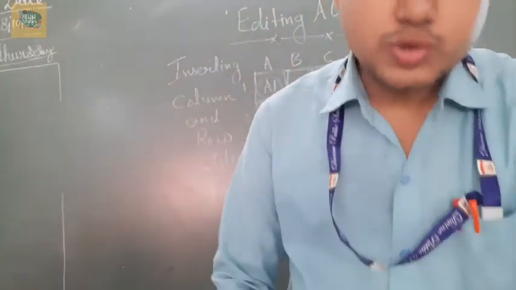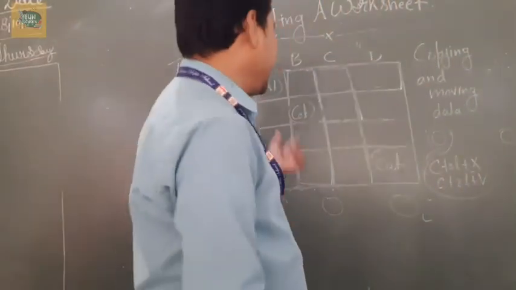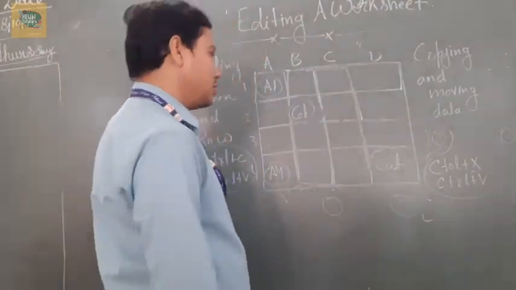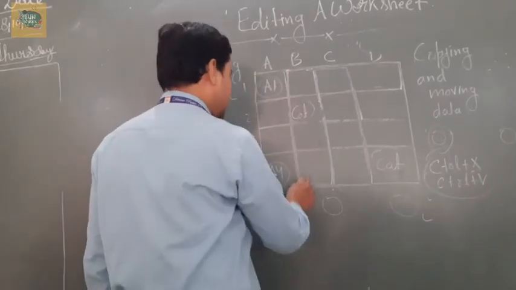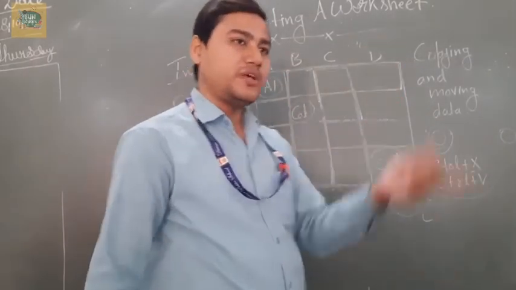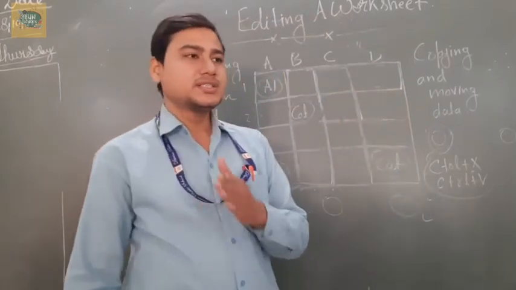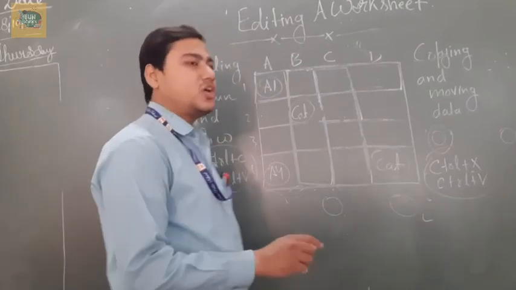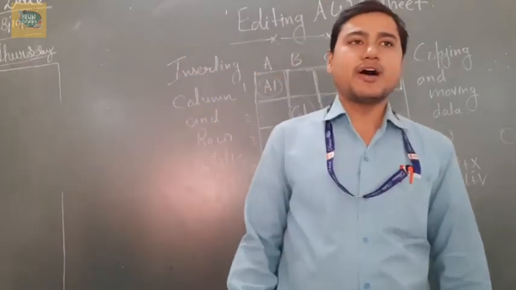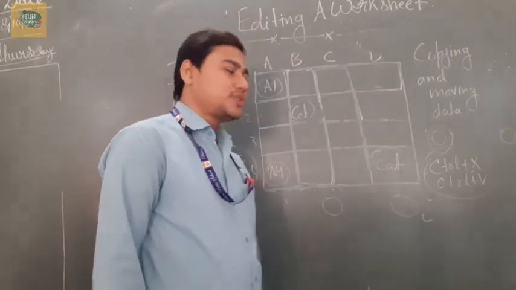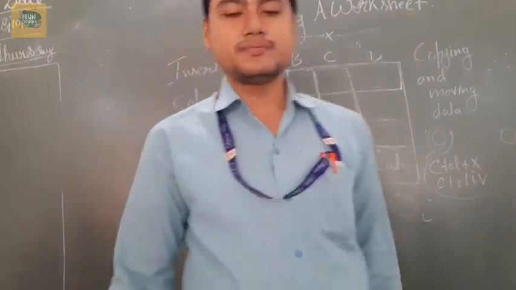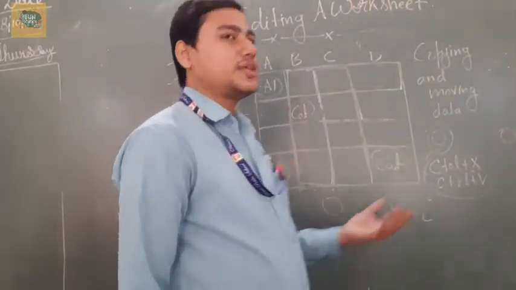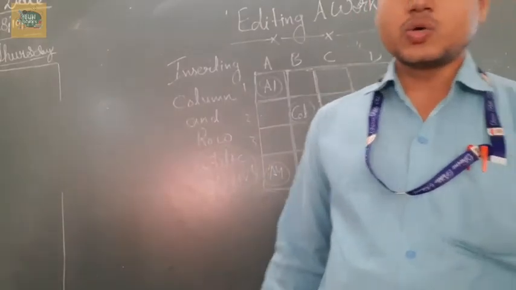There is something else you want to understand. Suppose I want to delete one of the rows or columns. You have to select the rows and columns, which I have previously told you, how we select rows and columns. First we select the row or column, then right click on it, and after that you can choose the Delete option. After choosing the Delete option we can delete rows and columns.